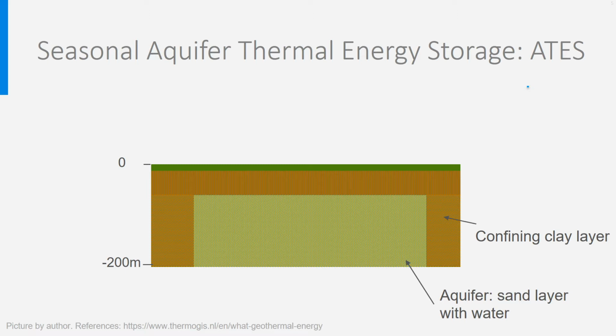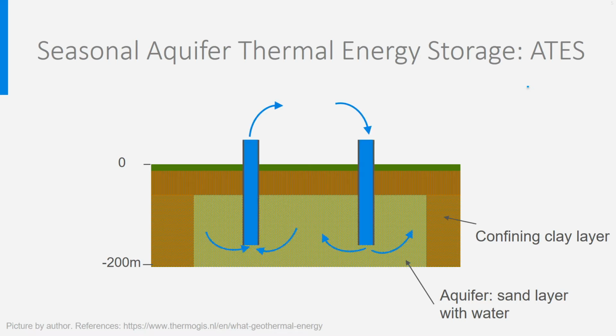Therefore, ATES systems generally make use of aquifers in sand or rock. The water circulates slowly between blocks of sand or rock and can be pumped. To make sure that the aquifer layer remains stable, it is mandatory to re-inject the same quantity of water that has been pumped into the ground. Generally, the depth of such systems is no more than 150 or 200 meters.